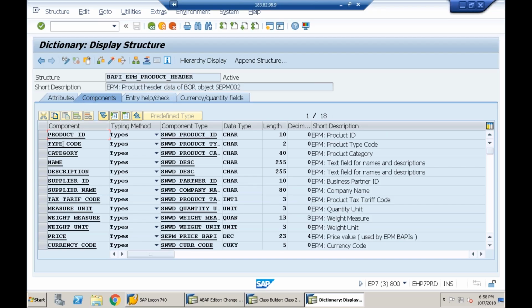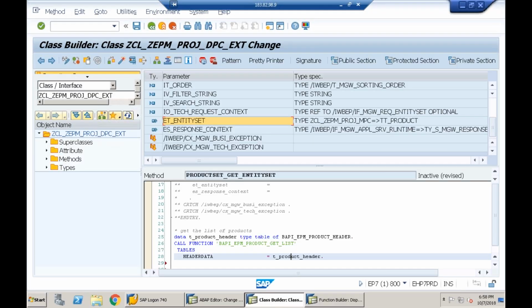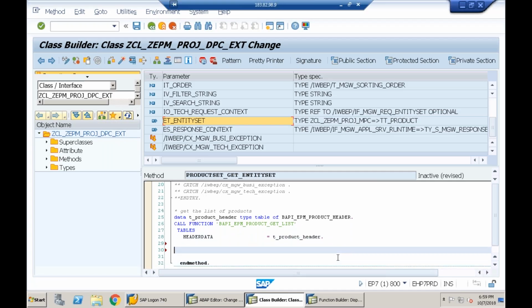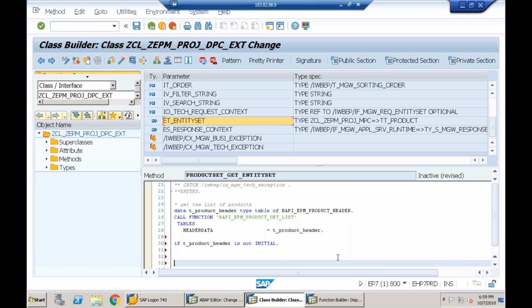Here it is PRODUCT_ID, TYPE_CODE. But in our case, it is only product ID and what? Type code. So both are not compatible. If both are compatible, I would have simply said what? ET_ENTITYSET is equal to what? T_PRODUCT_HEADER. Understood? If both are compatible, I would have said like this, but they are not compatible. So what I'll do now, here I'll say, general ABAP logic, if T_PRODUCT_HEADER